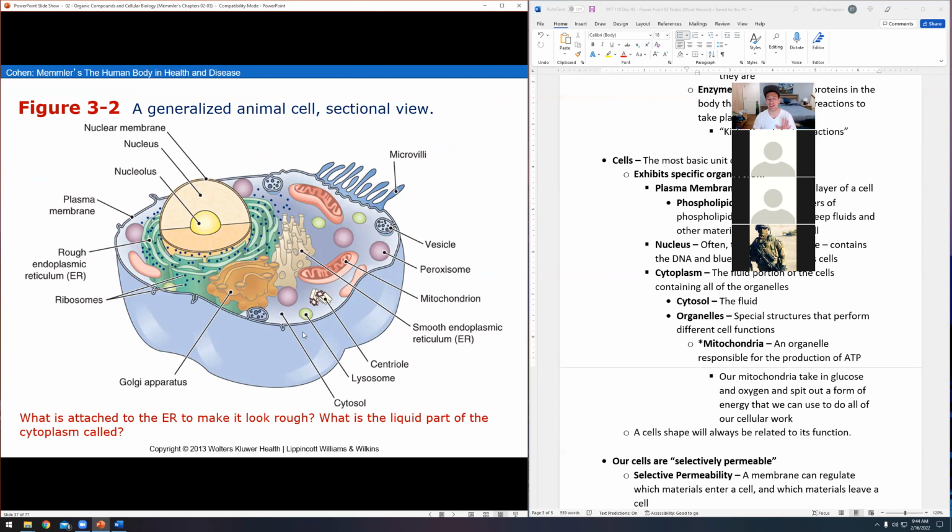This is meant to be just, like, this cell doesn't have any function. I remember yesterday I kept saying, form follows function, right? Well, this form is very general, so it can't really do anything, right? But it's a perfect one for highlighting how your cells are going to operate inside your body. It's got a little bit of everything, which makes it really good as a diagram to teach, even though none of your cells actually look directly like this.